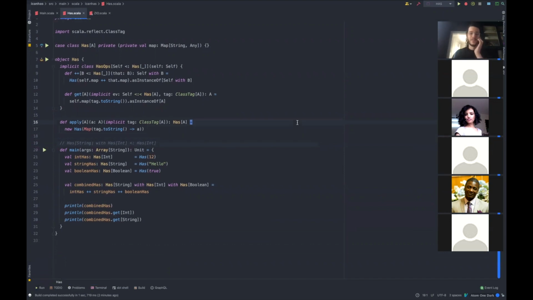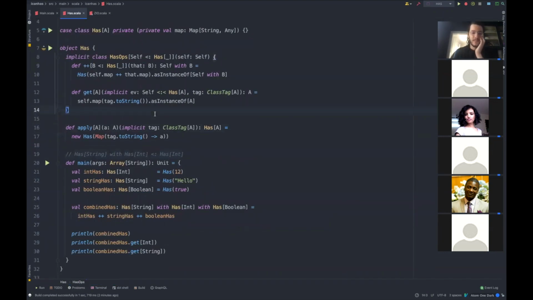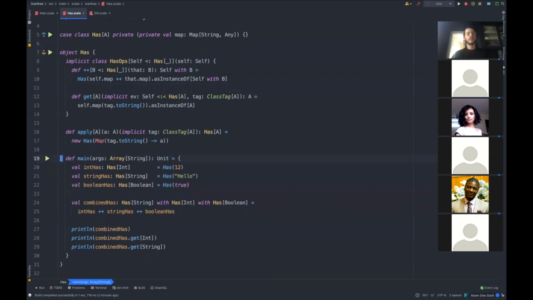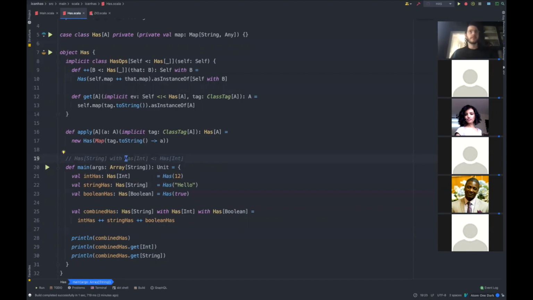Probably more of a comment than anything, but you mentioned quite a few times that you're lying when saying asInstanceOf. It's not actually true. You've said that the underlying map is a map of string to any, so we necessarily need to cast it to get any information about what it actually is. So you are telling the compiler the type of it, and you are correctly telling the compiler the type of it. So you're giving it a hint rather than lying to it. That's a good point. But